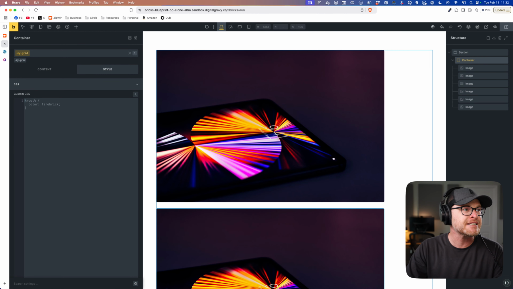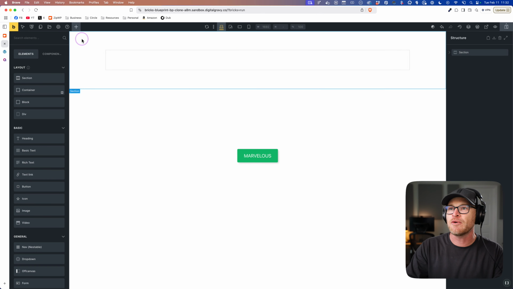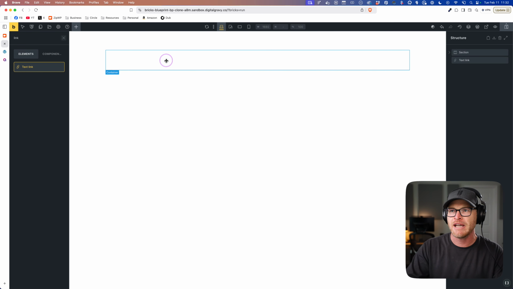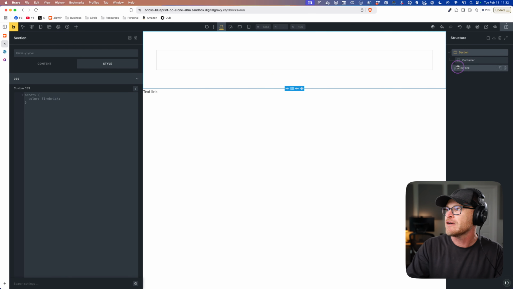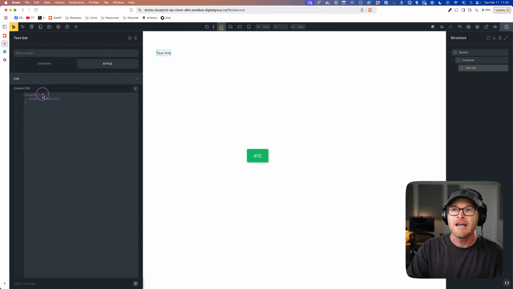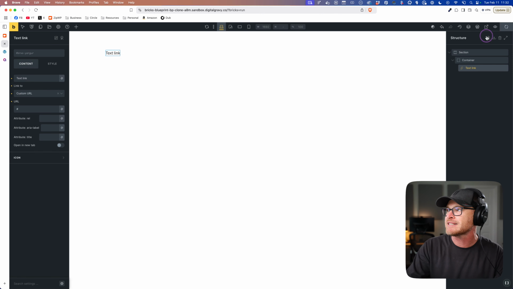Okay, so what do we want to do next? Next gen instant Sass processing. Okay, let's delete this. Let's go in. Let's add a link. Okay, so we're gonna add a text link, and of course, why put it in the container I had selected when you can just drop it below everything else on the page? That makes sense. All right, let's go in and link it, custom URL, bang, it's actually a link.